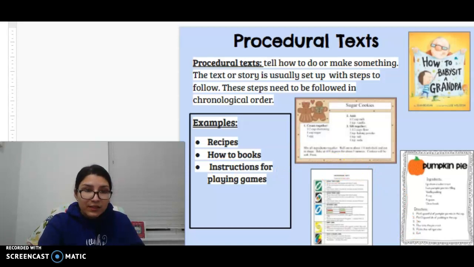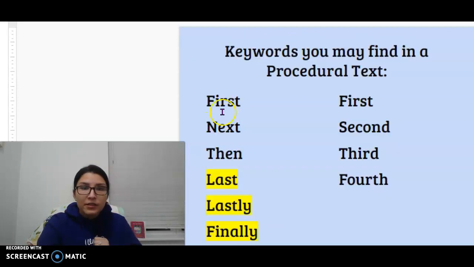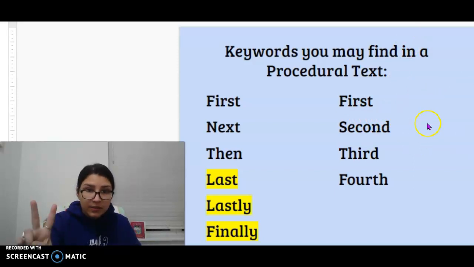But when we think of procedural text, we also come across some key words you may find in procedural text. So a good clue that you are looking at something that's procedural text, you're going to see these words: first, next, then, last. Instead of last, you might read lastly or finally, or you might see these words: first, second, third, fourth, or you might see just the numbers. Instead of the word first, you might see a 1, or a 2 for second, or a 3 for third, or a 4 for fourth. Okay? So remember,